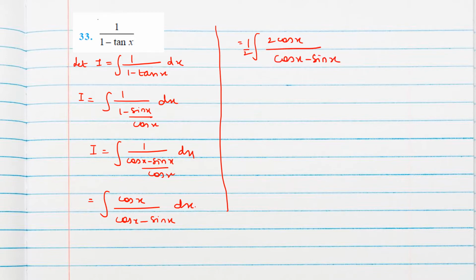Now see, if you substitute cos x minus sin x as t, we will get minus sin plus cos x. So cos x is there in numerator. Now sin x is not there, so we should do minus to get this expression, so that we can substitute the denominator part. So if we have to subtract sin x, we have to add also. So next arrangement will be add and subtract sin x.